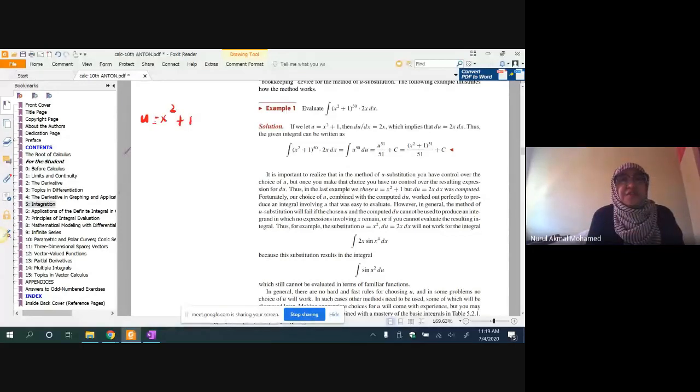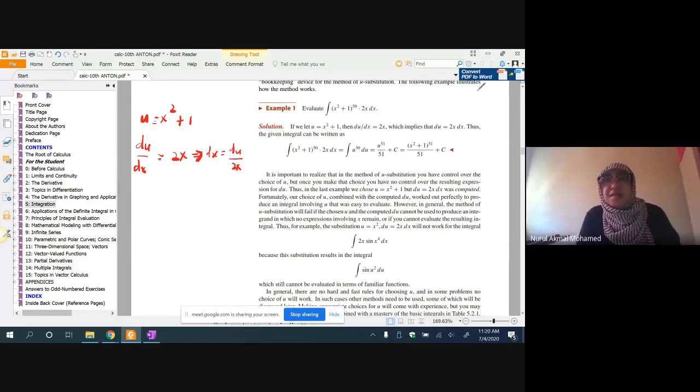Okay? If you differentiate u with respect to x, you will get 2x. So in this case, du dx is equal to 2x. You have to manipulate so that dx will be the subject. So why is that? It's because we want to replace the dx here in terms of u. So if you manipulate so that dx is the subject, it can be written as du divided by 2x. So dx here is equal to du